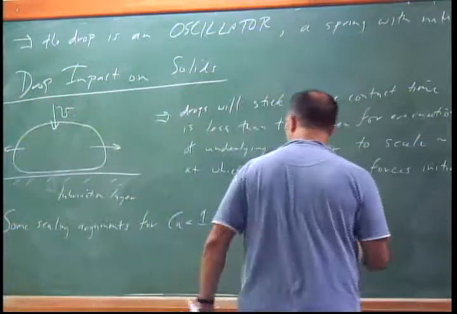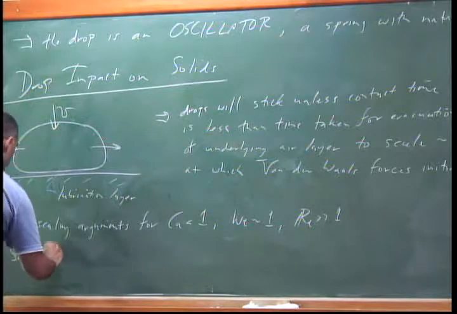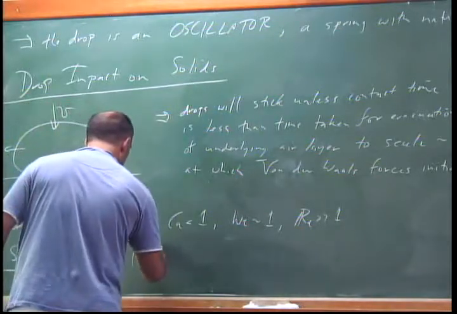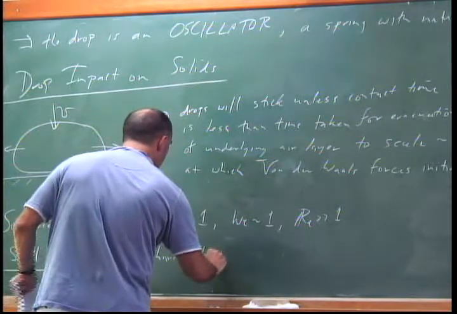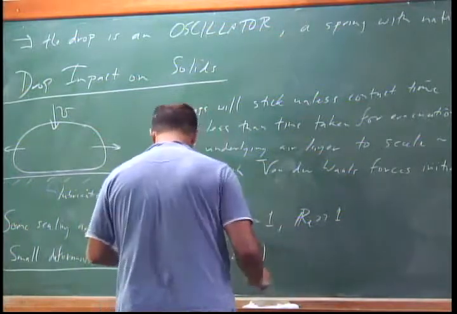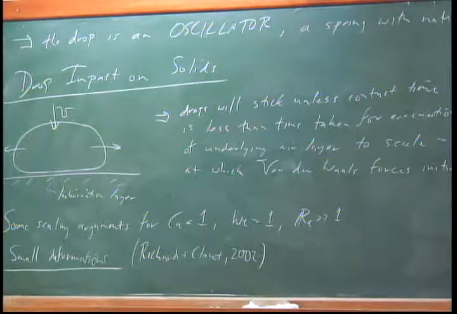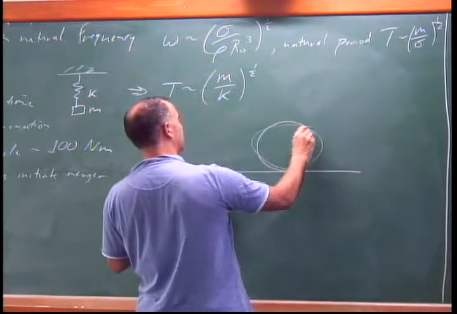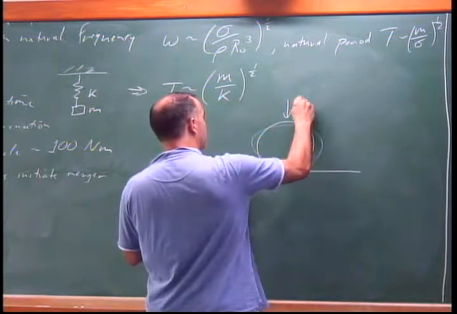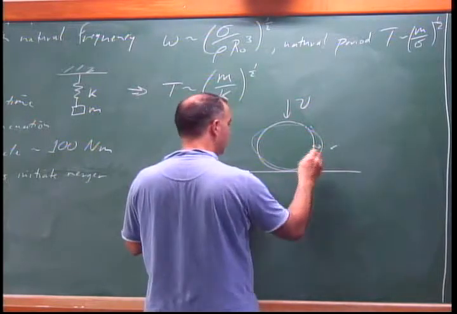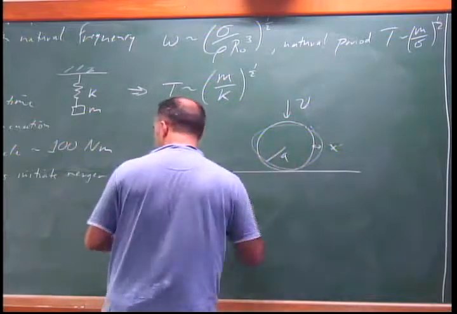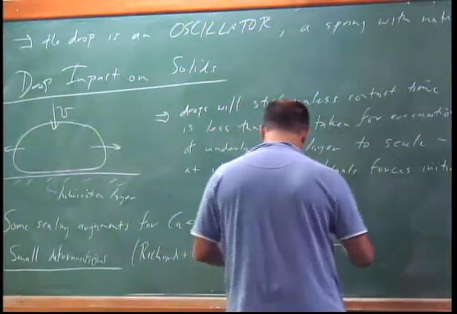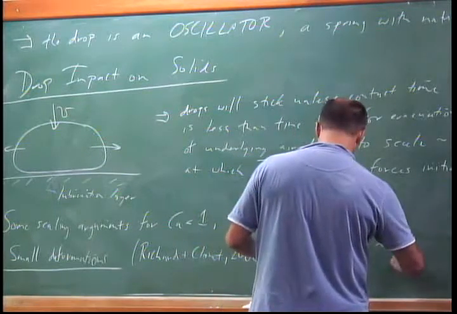Okay, so if we look at small deformations, so something like that. This is coming in at speed u. We have a distortion x, an initial radius a. Then you can balance the anomalous surface area, surface energy, I should say, with